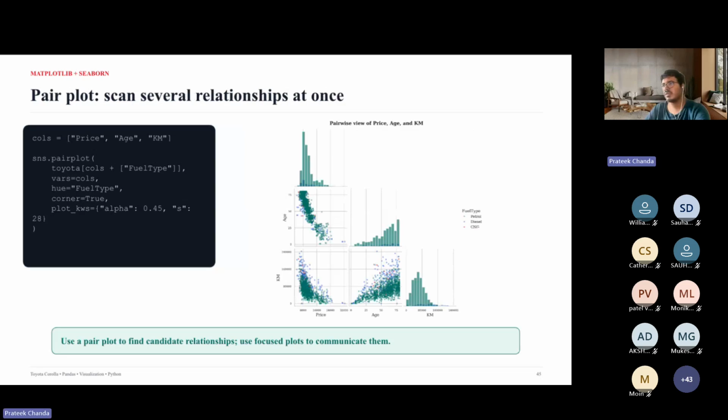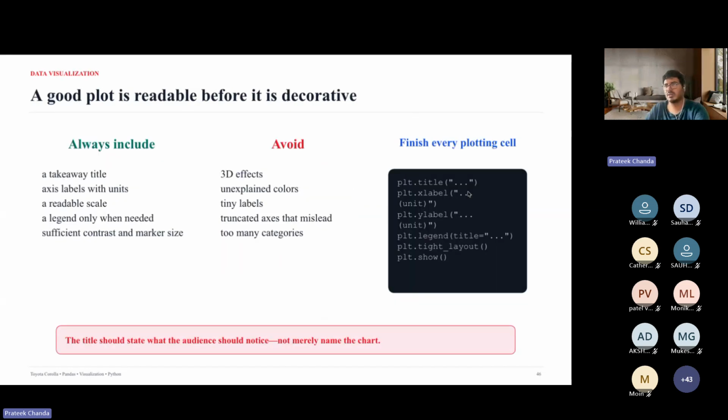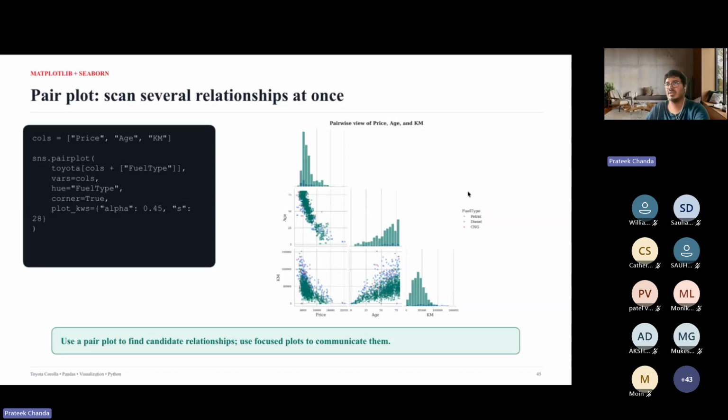The other thing is called pair plot. So in pair plot, what we look at is any two features. Let's say I want to see correlation of this kind of thing. On the right hand side, we are showing the corresponding setup. You can just do sns.pairplot with the corresponding dataset columns that you want to show, and vars equal to cols.